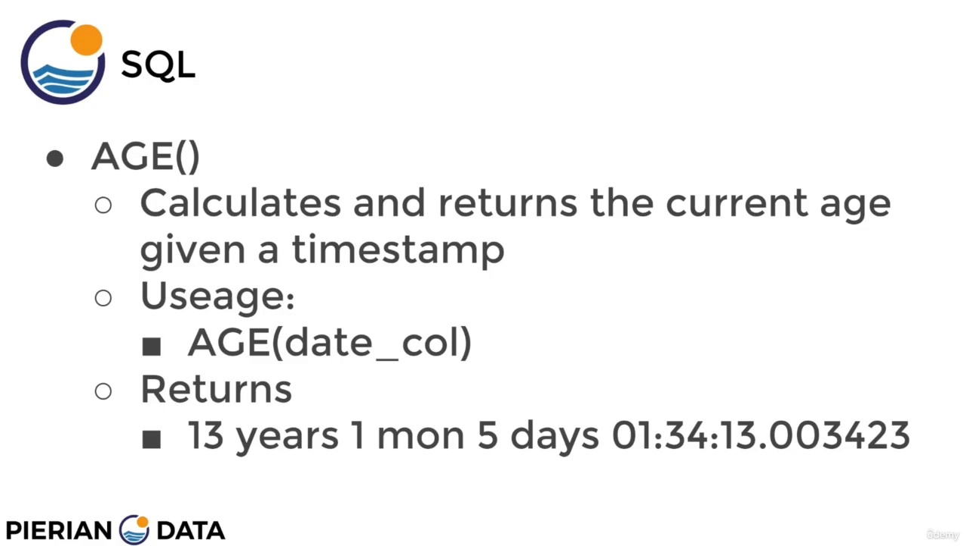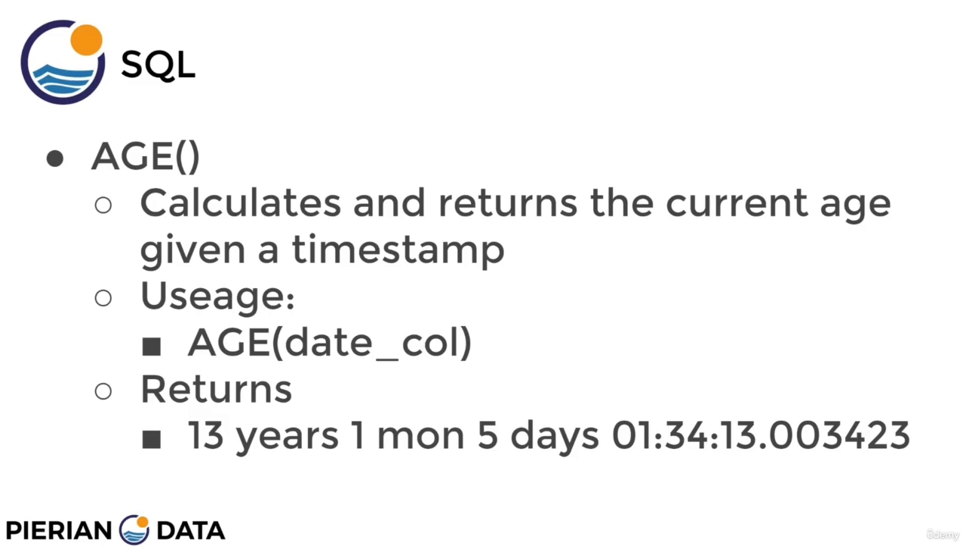The age function calculates and returns the current age given a timestamp. So you simply pass in some timestamp column into the age function, and that will return something that looks like this: 13 years, 1 month, 5 days, and if you also have time information, it'll include hours, minutes, and seconds, etc. So what that's doing is it's taking the current date that you are querying and then calculating